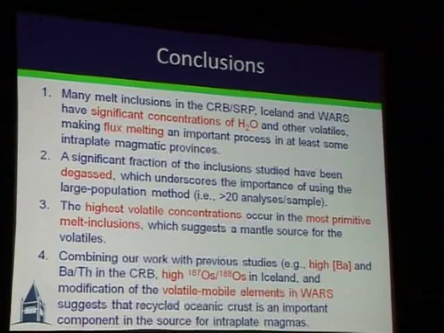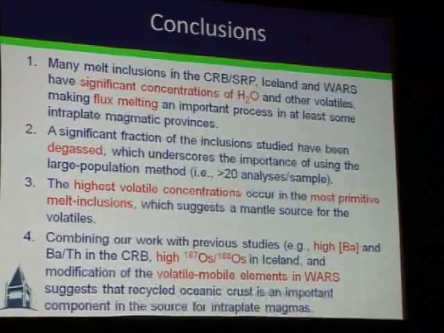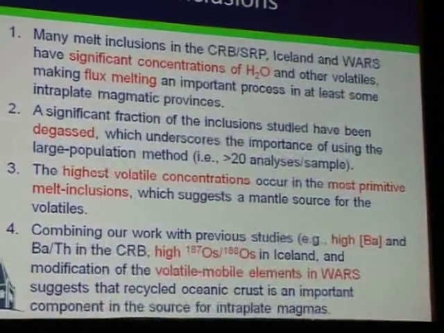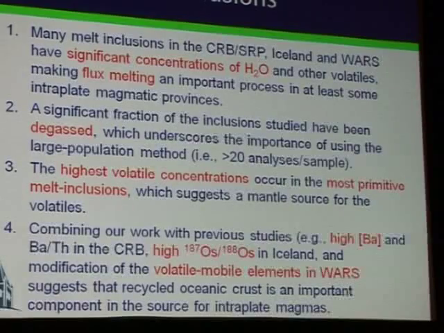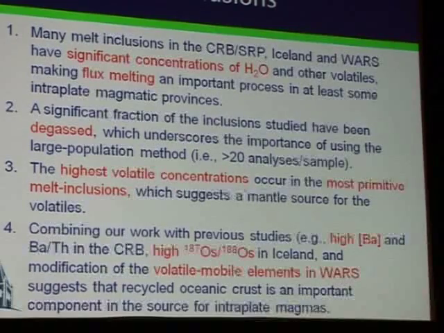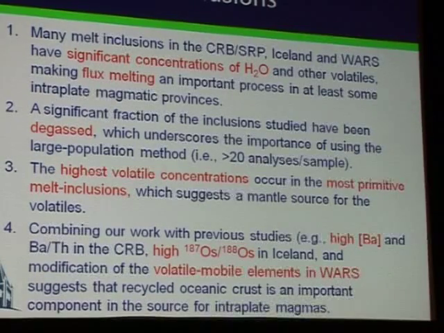So in conclusion, let me point out that there are significant amounts of water in 3 different intraplate tectonic settings that we've looked at: in Columbia River basalts, in Iceland, and also in West Antarctica. We have massive amounts of water, making it possible for us to say that flux melting has to be an important process in areas which have previously been attributed to mantle plumes, which, by the way, many geophysicists are having a hard time in some places quantifying in terms of having a robust thermal anomaly.